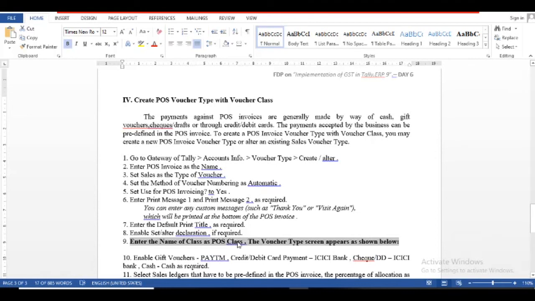Voucher class. Okay, voucher class is the main thing. Already we created the POS invoice, so we move to voucher type and alter mode. In alter mode, we type POS class as the name of the class.